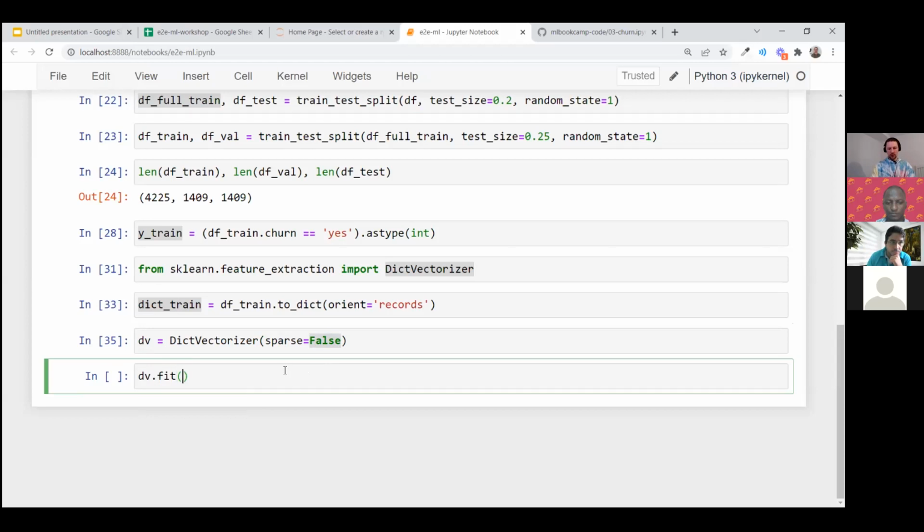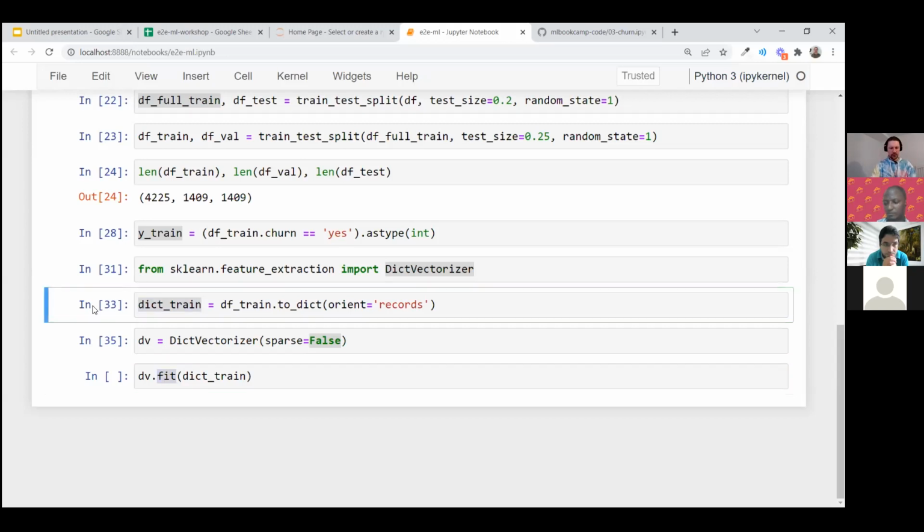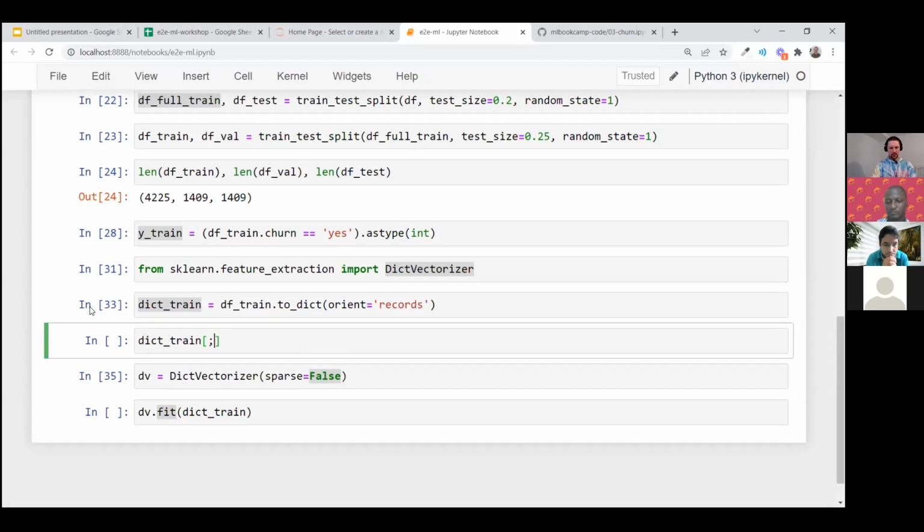And now I want to take this vectorizer and apply it to our set of dictionaries. The first thing I will do is fitting. So fitting here, this dictionary vectorizer will go through this list of dictionaries. Let me print it again, but maybe first two.